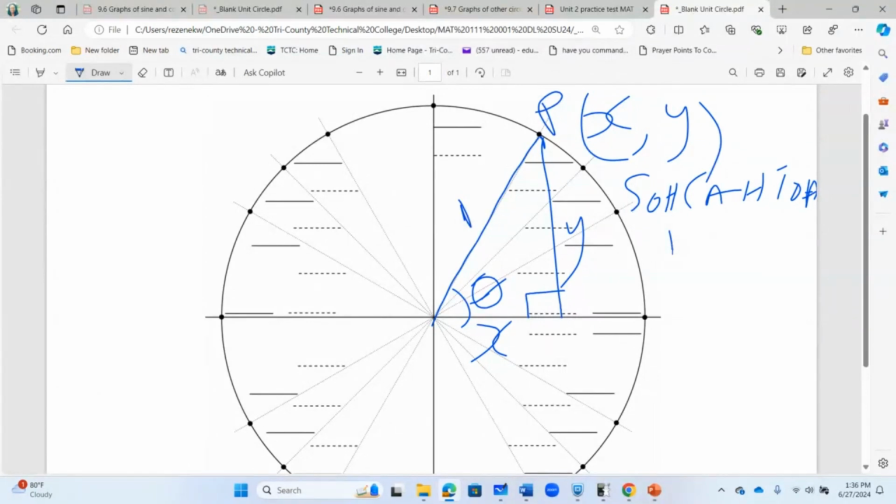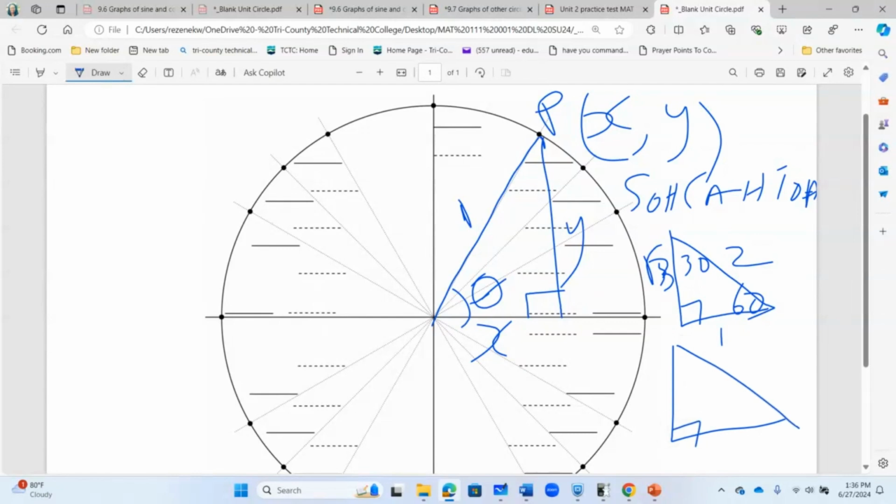And we cannot forget special right triangles. There are 2 of them. So this is root 3 opposite to 60. And this is 30. This is 1. This is 2. And it's another special right triangle, 45, 45, 90. If we can remember this in every test, if you can remember SOHCAHTOA, special right triangles, then, because really, you